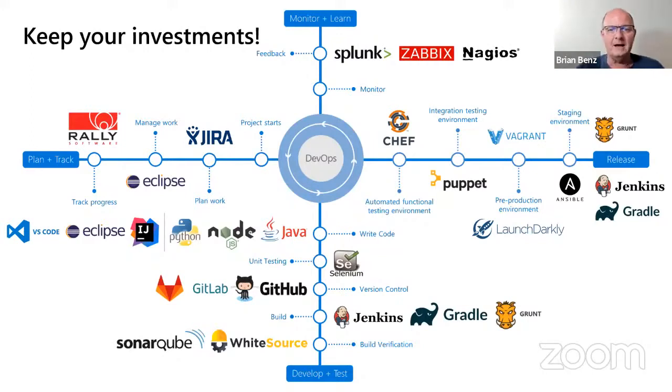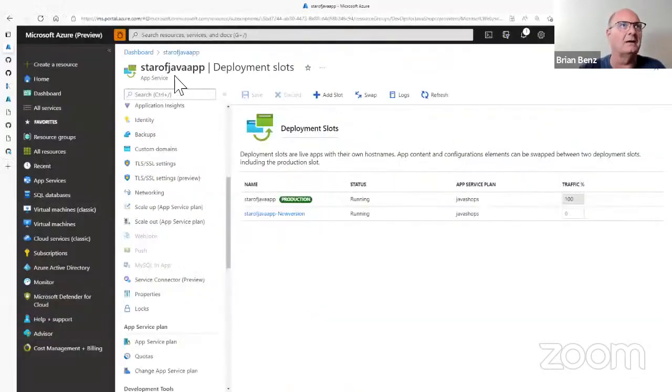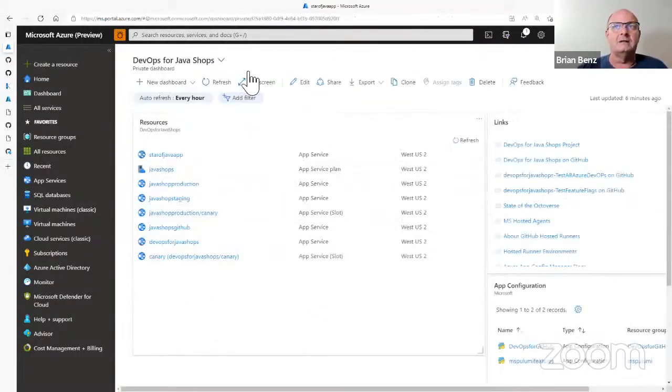So a little example I can show you of that. And I know we're running down on time, but I did want to show you this real quick. In the dashboard,